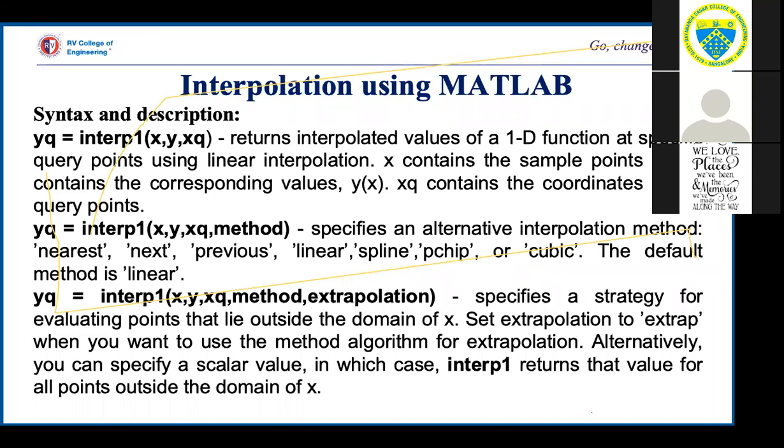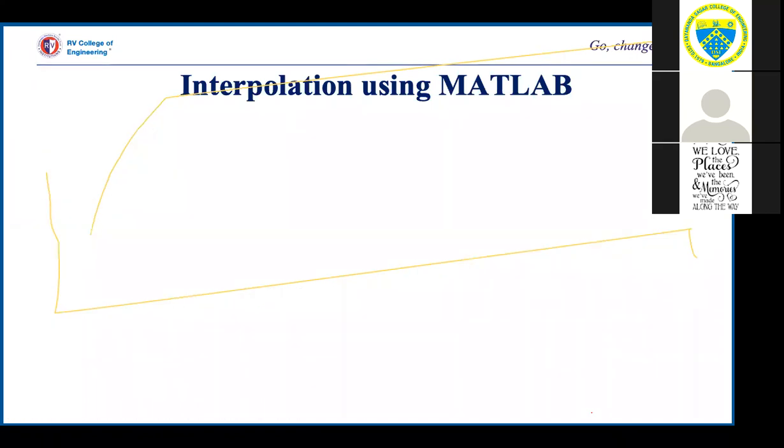And the last one: you can do the extrapolation as well, but this interp1 will serve as a method for extrapolation as well. You need not specify that you need to extrapolate. It does find the corresponding value of y when x is just outside the interval.